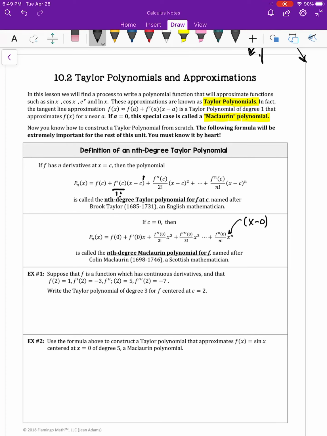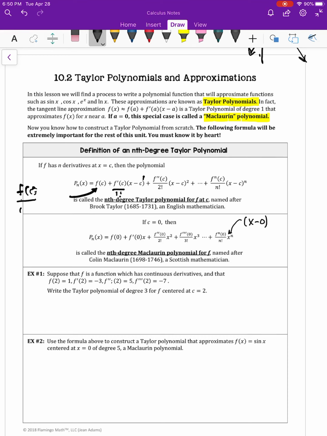So if this is the first derivative, it's divided by 1 factorial and taking x minus c to the 1 power. Now, you could even think of this one, f of c, as being the 0 derivative, which means there's no derivative at all,